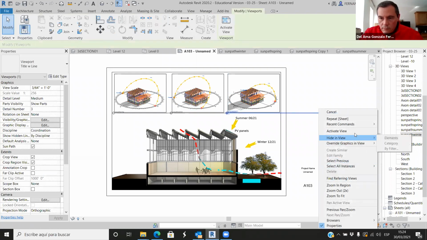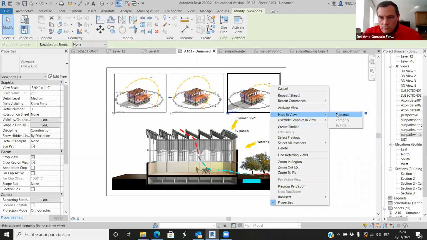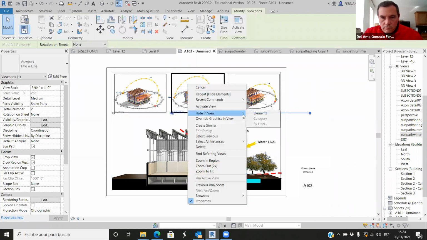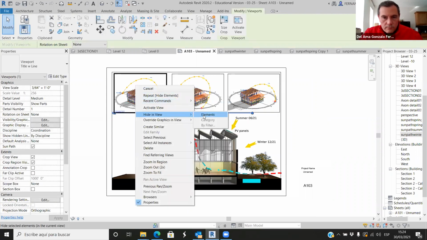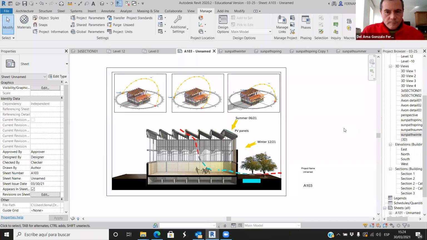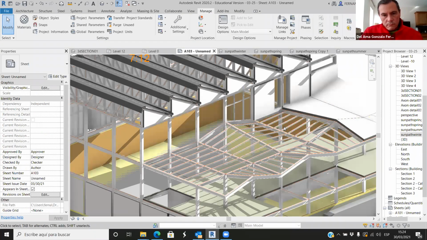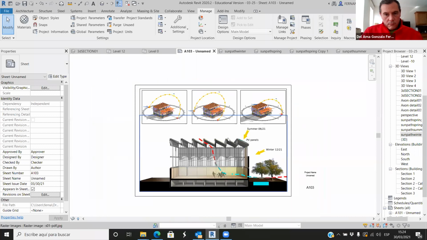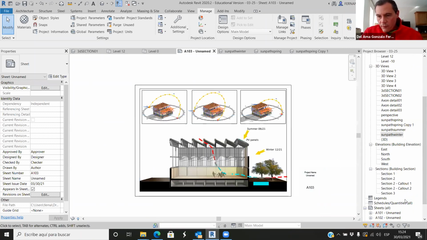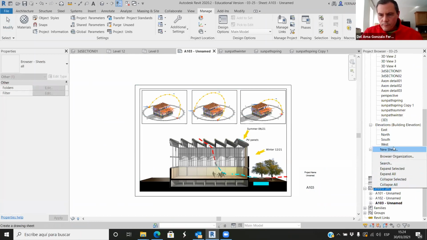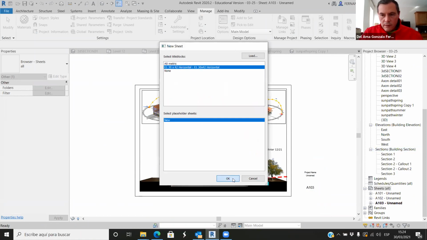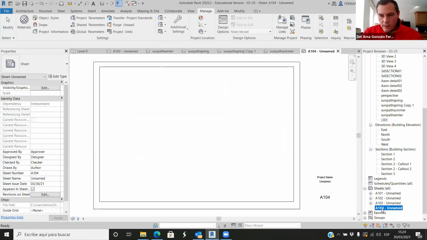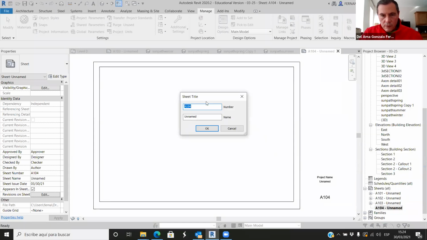No, we can hide. Okay. So there you go. And even, I don't know, I like those drawings. And if I create the cover page, rename,